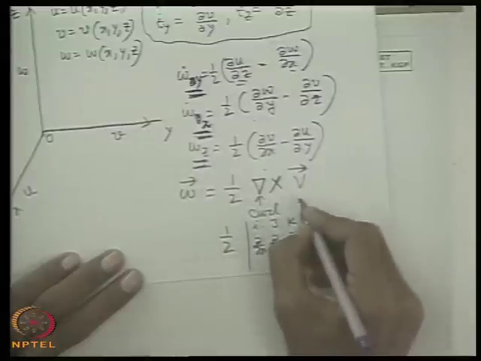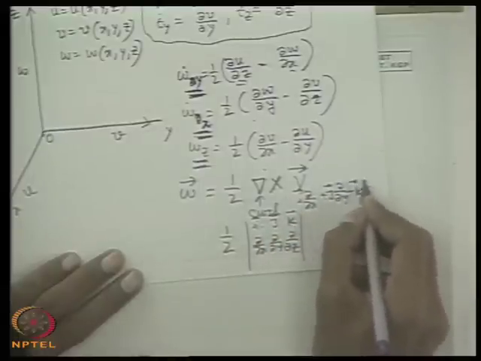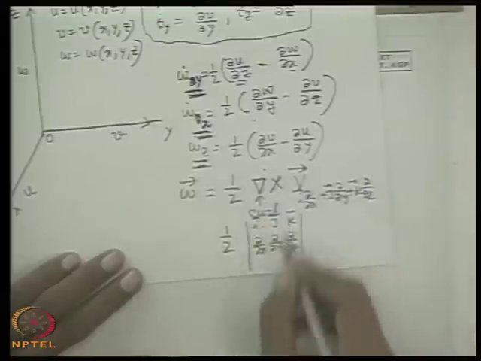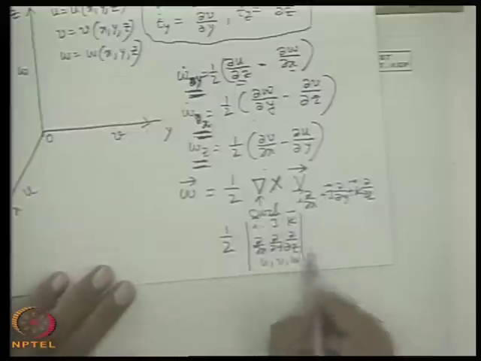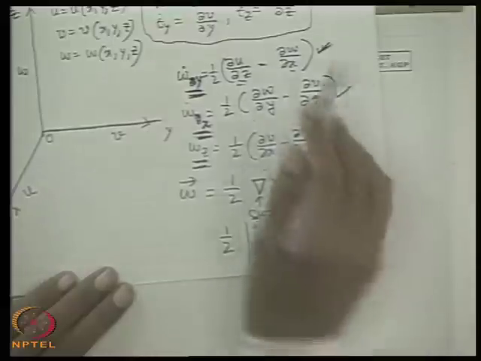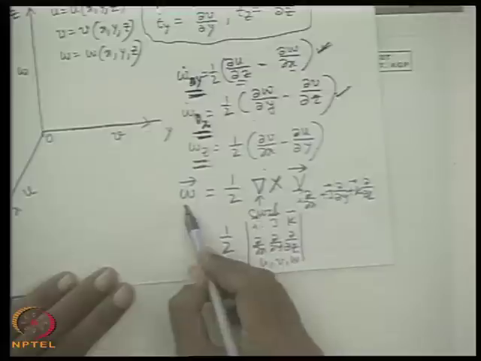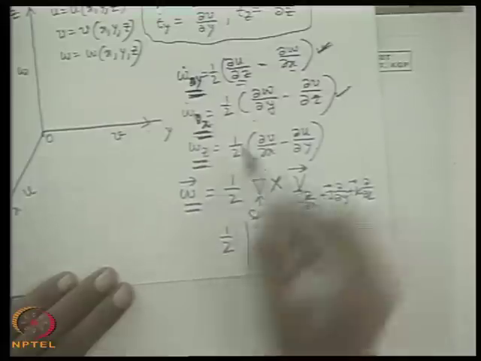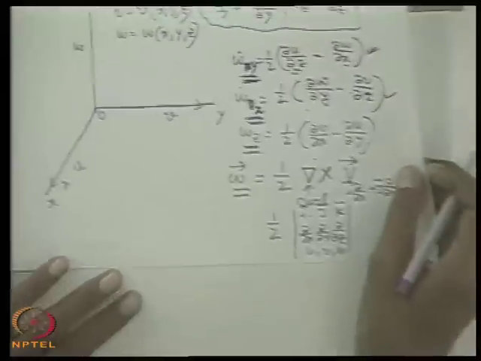This operator is i del del x, where i, j, k are the unit vectors, plus j del del y plus k del del z. So if you make a cross product with u, v, w, then from this determinant you can find out the x, y, z components like that. That means these three components appear in this form, and we can write it in a vector form for the vector angular velocity, which has three distinct components. This is your preliminary vector knowledge, you know.